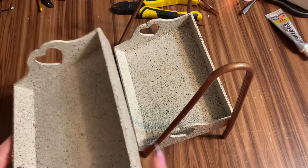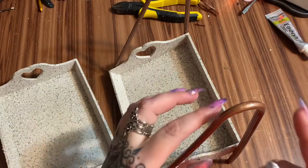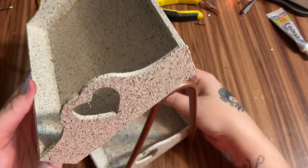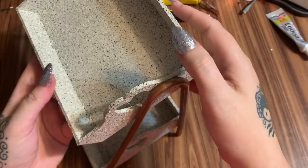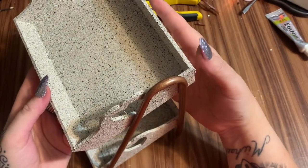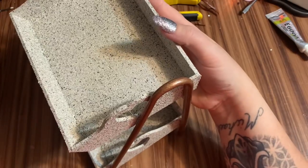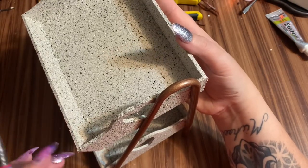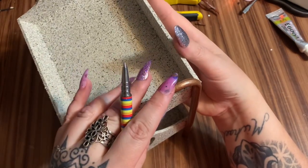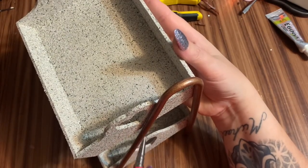But anyway, I'm going to take this and set it down on the top here at an angle and get it into position and then glue it down. So let's take this here. I'm trying to get it to an angle so that you can see from this side what I'm doing. Yeah, I think that looks okay. So let me get a pen and get this in place about where I want it. I'm just going to make a little mark right here so that I know where to go with my hot glue,